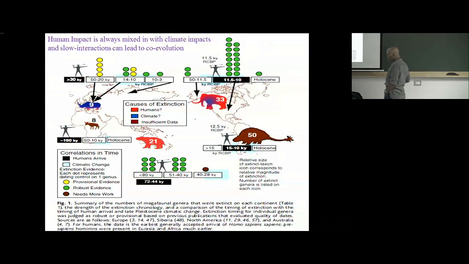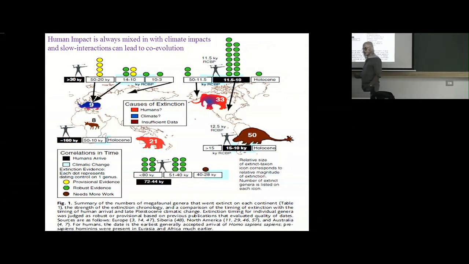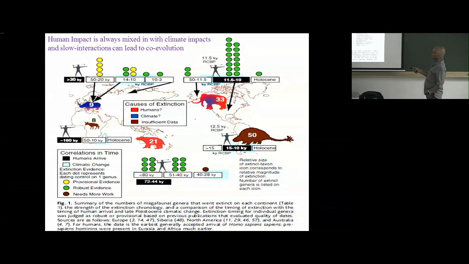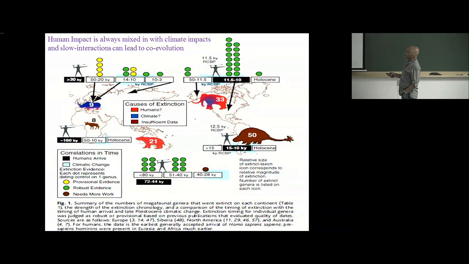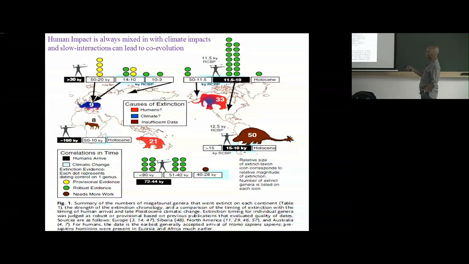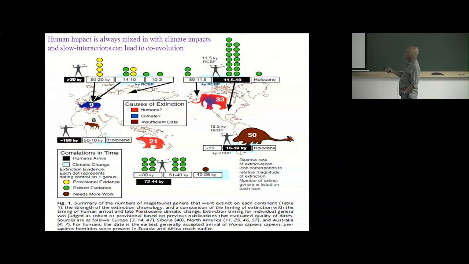So obviously, sorry, I pointed to this already. This is the US, which got colonized much more recently by Europeans. As far as we know, humans have been here for a long time, and they have been here the longest time. So you can see that the number of megafauna that disappeared here is the smallest, even though the human beings have been there for the longest. And the human beings here have been probably the newest ones, and the evidence is quite strong that humans played a big role in causing extinctions